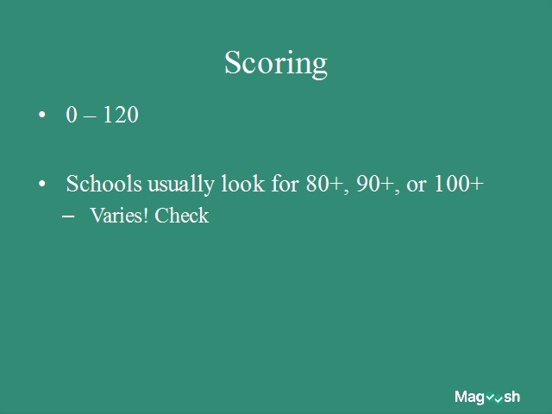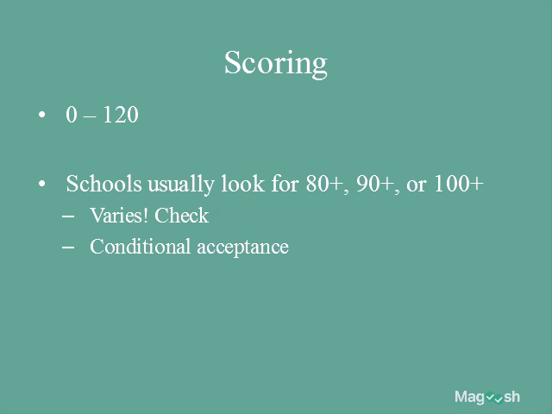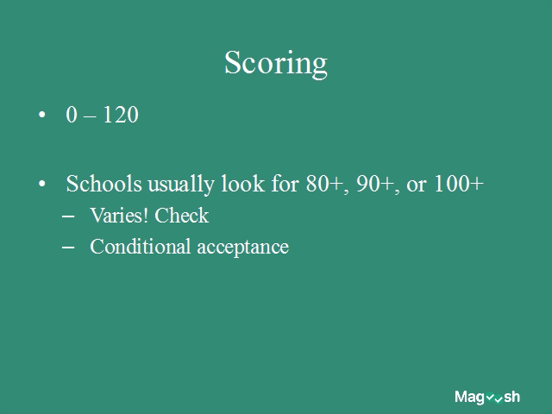Now, what score you personally need depends on your school, where you're going to apply to. Different schools have different requirements. So you need to check on the university websites what scores are needed for you personally at the schools where you're going to apply. I cannot just tell you that 100 is a good score. For some people, it's not the right score. Some people need a 95. Some people need 110.